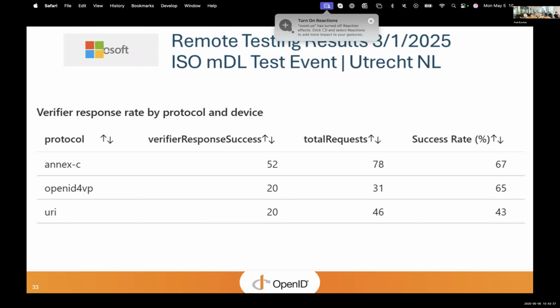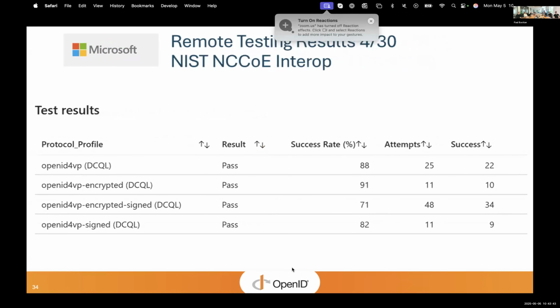through to, and if you go to the next screen, last week, so essentially 1 or 2 months, we see the advancements of OpenID for VP through to the DCQL queries and a substantive increase in the success rates in that 2-month period of time. So if I step back and look at that overall, what we're seeing is multiple parties, multiple wallets, the verifiers able to use and rely on the standard itself from OpenID for VP and to be able to implement at a much higher success rate, completely independent of our platform.